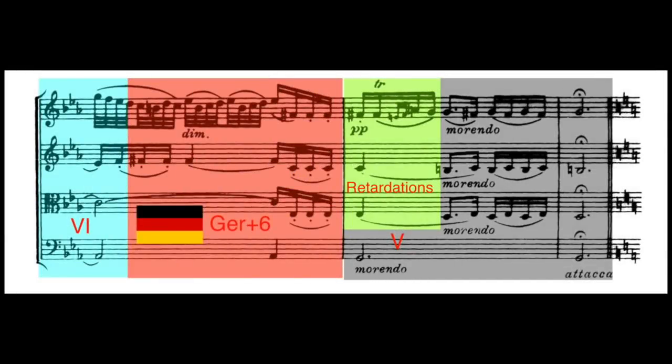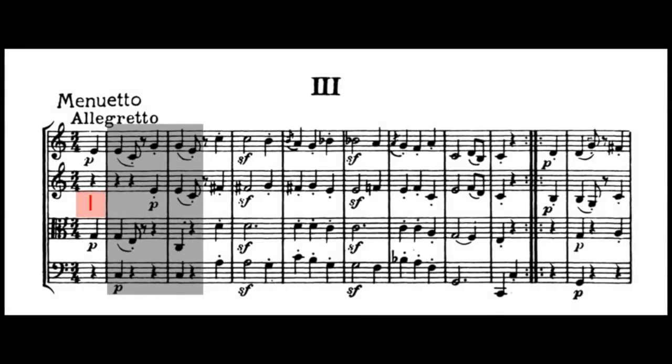The sixth chord now becomes a German augmented sixth chord that resolves to a 5 chord in the next measure, but notice that only the cello resolves on the downbeat, and the other 3 instruments have dissonant retardations before also resolving to the 5 chord on the next beat. Also notice that the minuet and trio third movement in C major is immediately played attacca to resolve the dominant chord that ends this bizarre and singular movement.